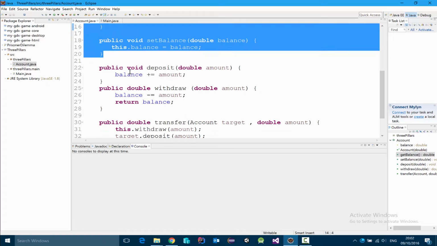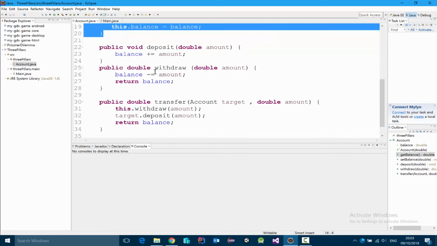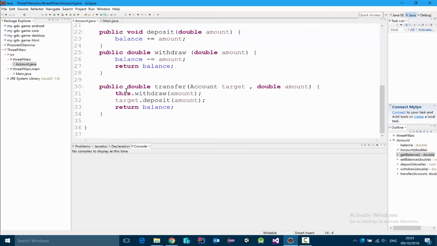And then I've taken the liberty to add a few more public methods. Deposit, which is simply a method that increments our balance by a given amount. And the withdraw that does the opposite, that is, takes away some money from our account. And finally, a transfer method that takes an account and the double amount as parameters, and basically what it does, it just takes away money from this account, so it does this dot withdraw amount and deposit the same amount